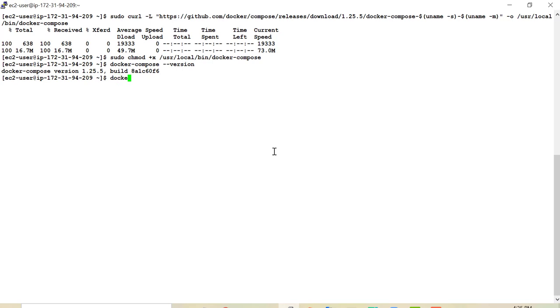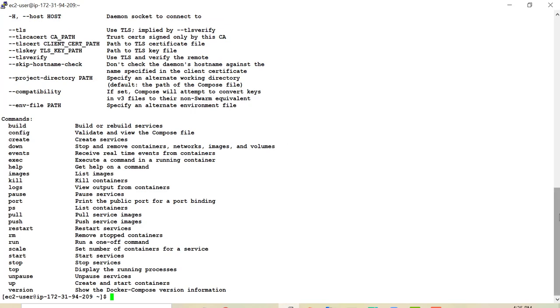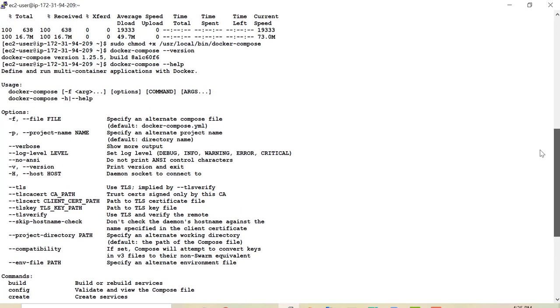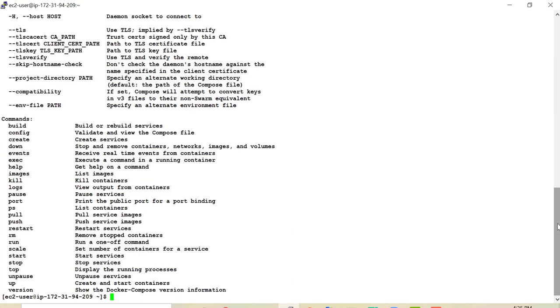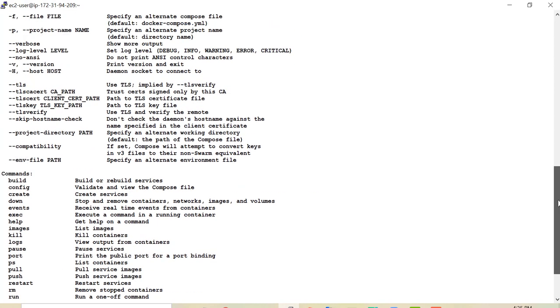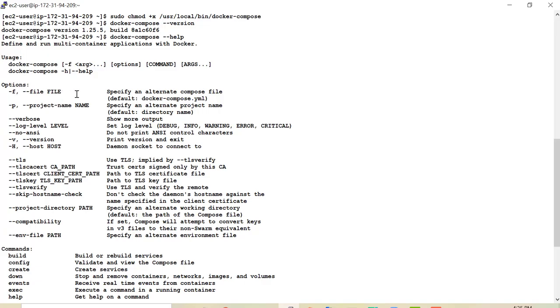We can see the relevant command using Docker Compose help. And as you see, there are various commands associated with Docker Compose. We'll be talking about some particular commands which are of very much high relevance to us over here, and we'll use a couple of options from here. The point to note is this Docker Compose uses Docker Compose YML file. By default, name of file should be dockercompose.yml, and if it is not so, you have to specify -f option, and then you have to give the name of your YAML configuration file.